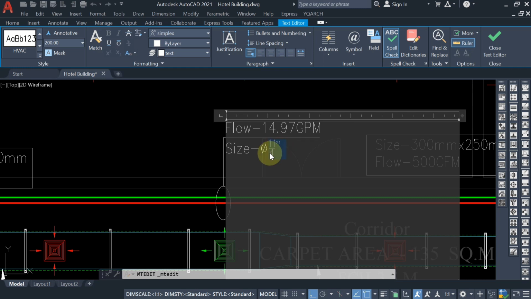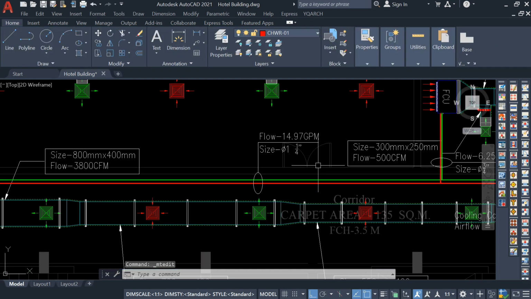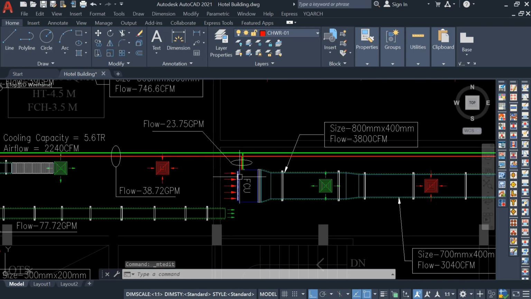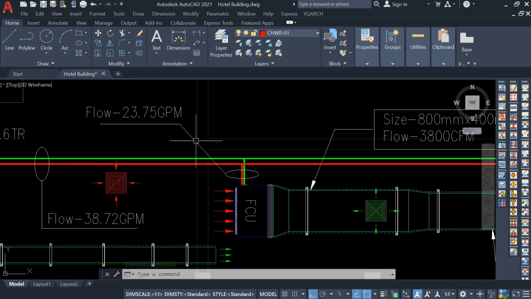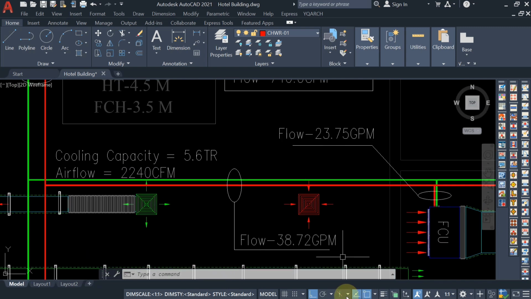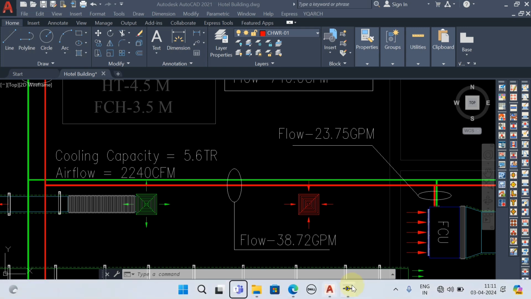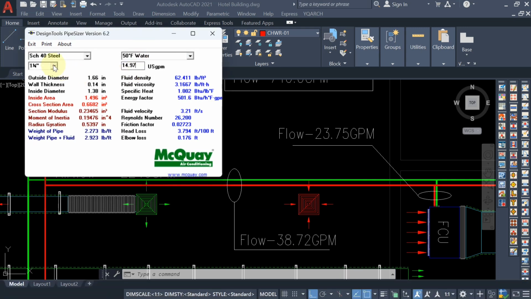Oh, here write down 1 by 4 inch. See, the pipe size here we have written 1 by 4 inch. Now come to this section here, 23.75. Okay, so for 23.75 the pipe size, how much? I think 1 inch. When I'm taking 3 by 1 inch pipe size, suppose, check for 1 inch pipe size,